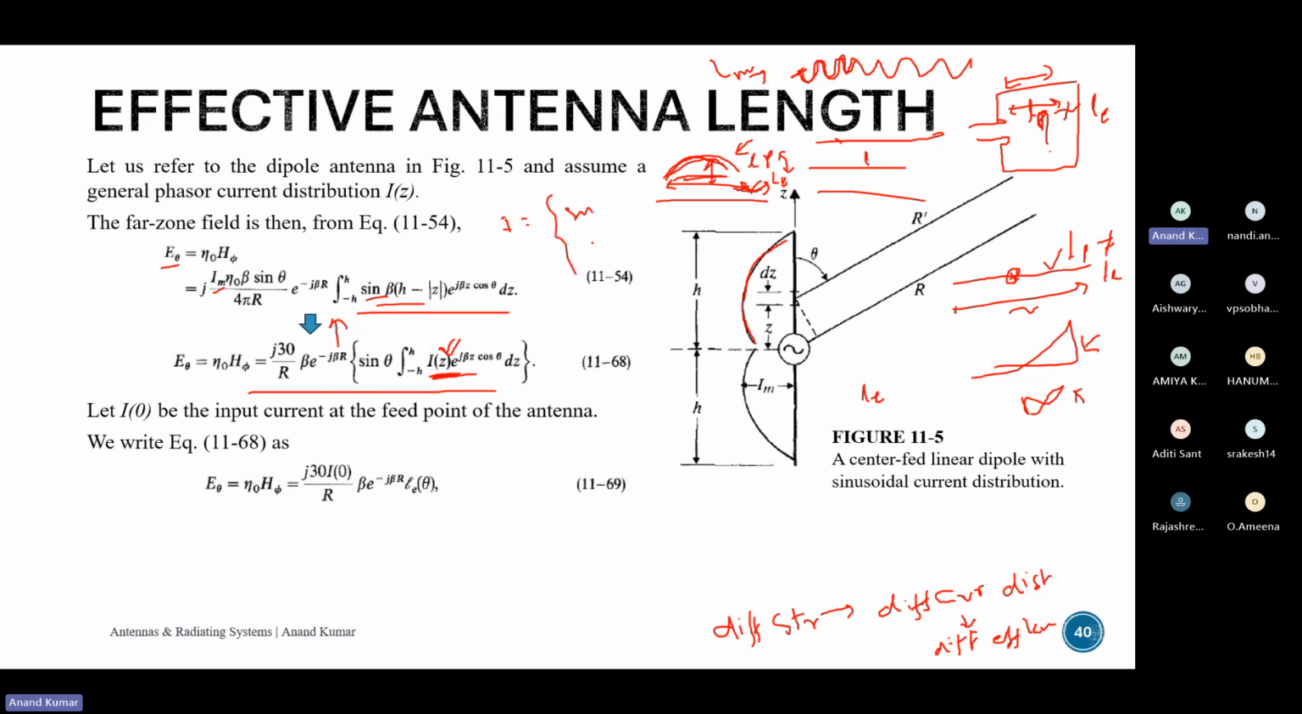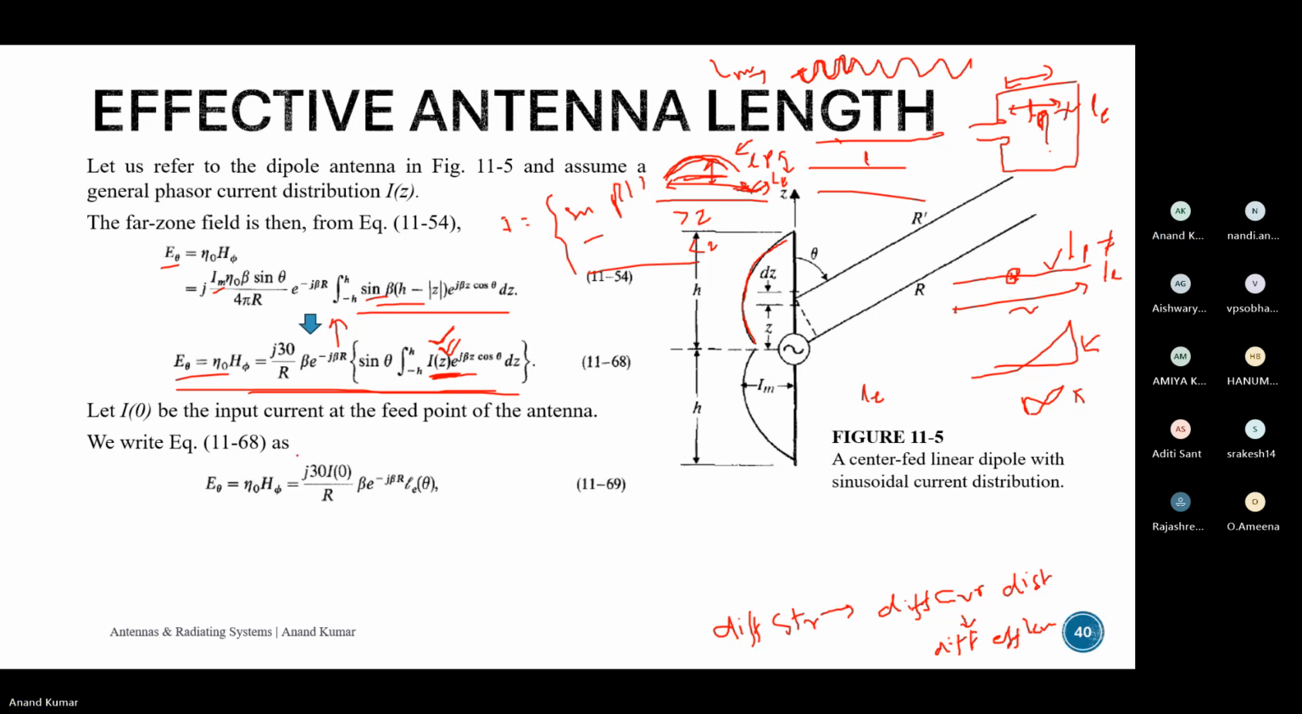We had this expression written like this, sine beta and stuff, and for z greater than zero and less than zero, we had an expression. So if you remember that expression, we had the expression for electric field, which is dependent upon the current